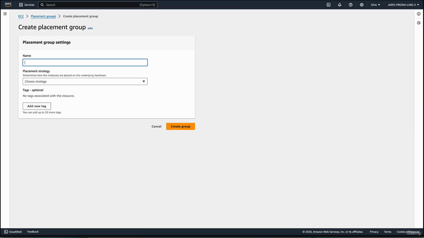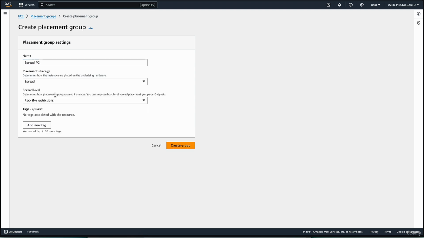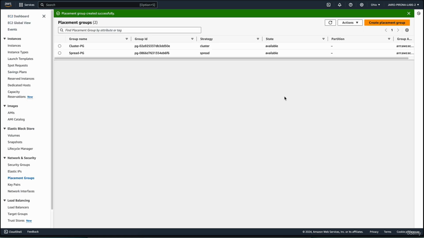Let's call it spread PG. And the type is spread. Now, notice that I can choose the type of spread, also known as spread level. Normally, you'll use rack. However, if you use AWS Outposts, you can also set it up as a host. AWS Outposts allows you to bring AWS services to your own premises environment or your data center. For this example, we'll set it to rack and click Create Group,